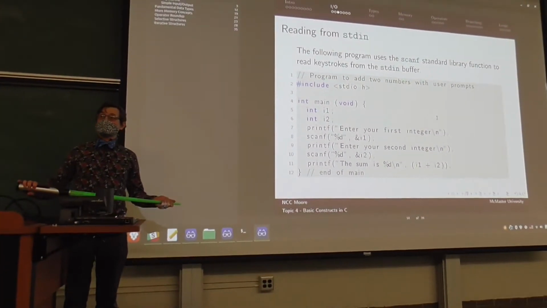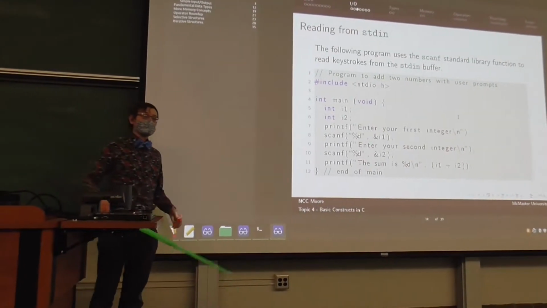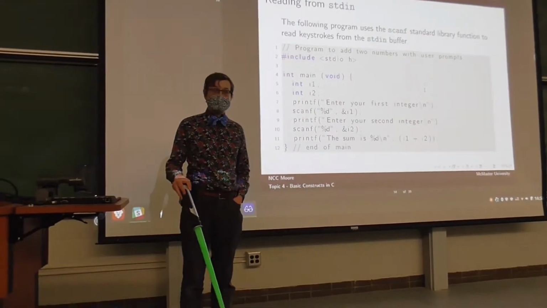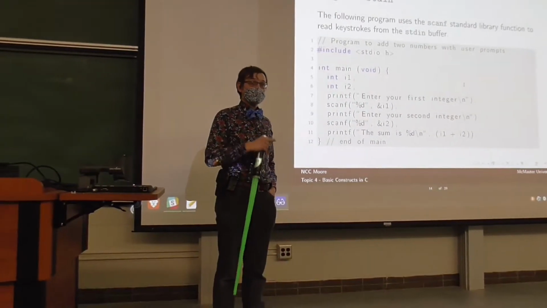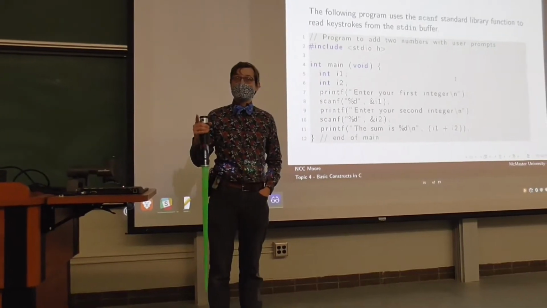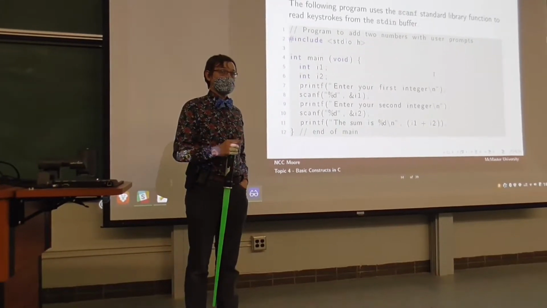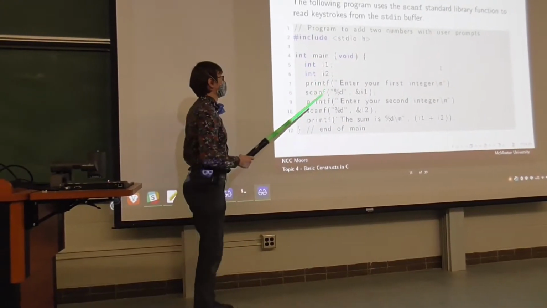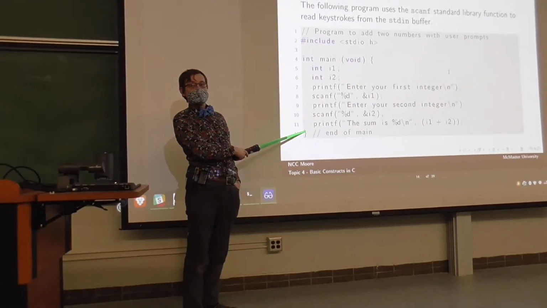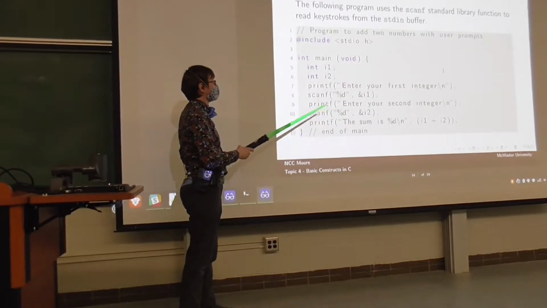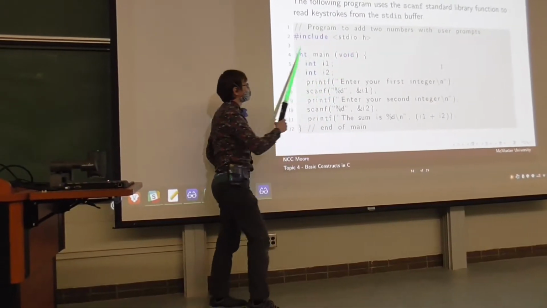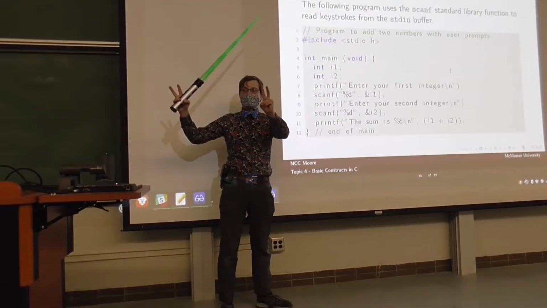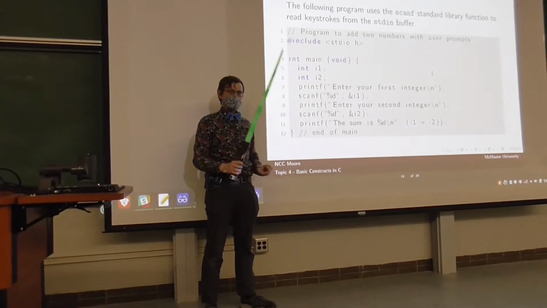I know that this isn't a class on C programming, but Python is a C-based language, and certain things that it does are actually directly derived from C, including the manner in which it's using these format tags inside of strings. So we might as well go directly to the source. This is what a C program looks like. Everything inside of this main function is the stuff that executes when you execute the program, right?